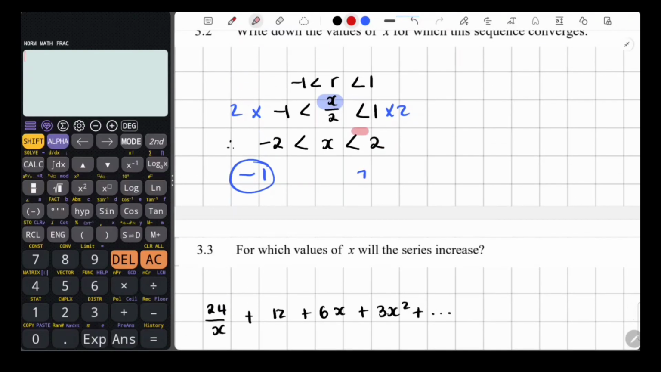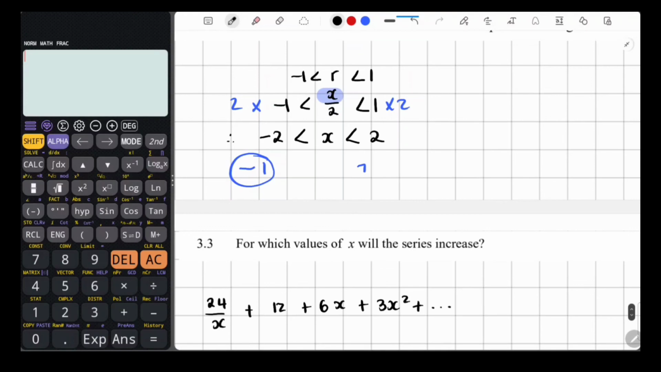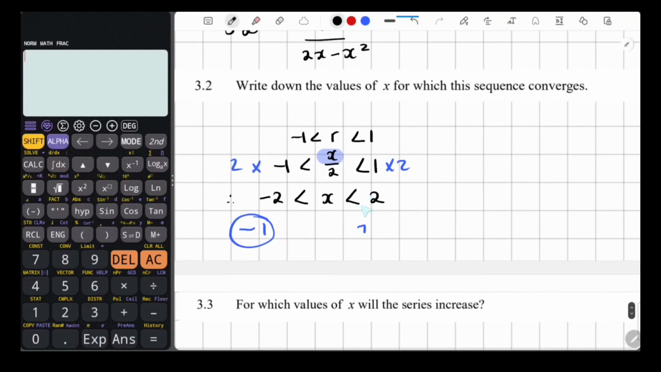The reason I'm trying to let you see this is why we're going to focus on this part. So when I substitute 1, you see what this pattern is now doing. This pattern is getting smaller and smaller. It's decreasing. So you see now that in this case, when x is smaller than 2, the pattern